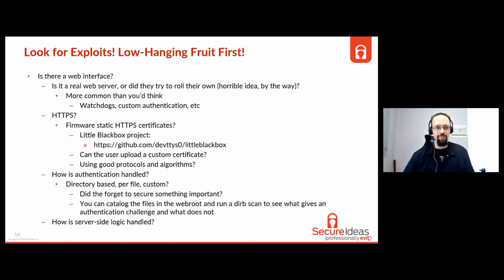Is it an actual real server like Apache or Lighttpd, which are very common, or did they do the absolute horrible thing of trying to think that they're smart enough to build their own web server from scratch? I've seen that happen a lot, and it usually does not end well. But it is actually more common than you think because of custom authentication mechanisms or watchdogs that they would actually